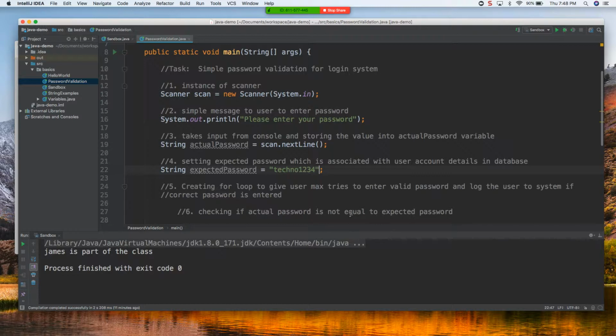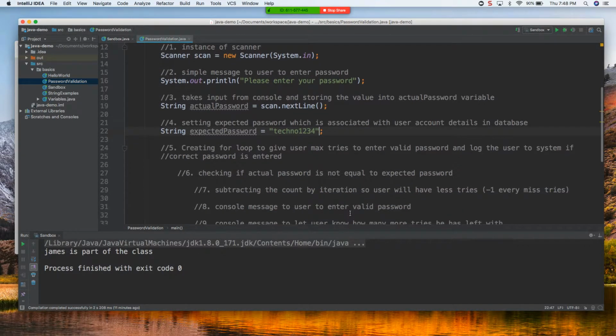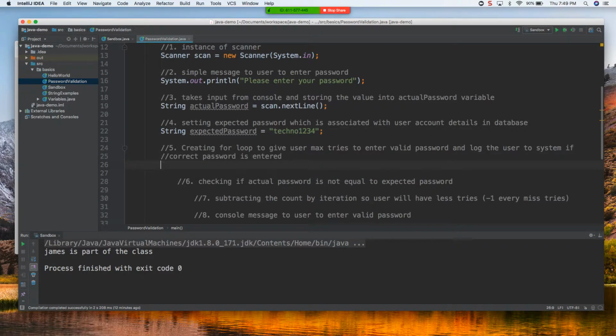Now creating a for loop. So now we have to write a for loop here, creating a for loop to give the user max tries to enter a valid password and log the user into the system if the correct password is entered. So this is very important now, right? So we have to write a for loop here. We'll say for int i equals